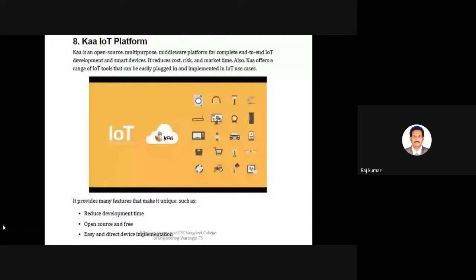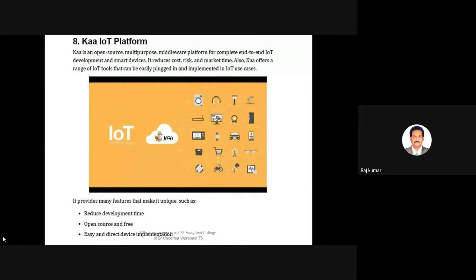Next one is the IoT platform. It has become so unique that it reduces the development time because they provide us some IDE tool, and it is open source and free. Anybody can make changes to the existing software, and it will keep on evolving. One last point is about easy and direct device implementation.